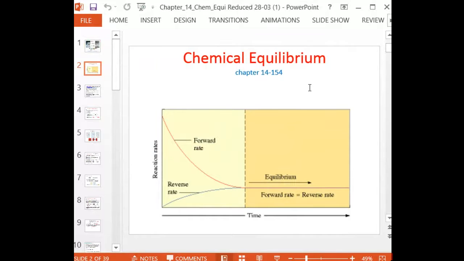So this chapter 14 is on chemical equilibrium. I will start with this: what actually is chemical equilibrium? How do you explain chemical equilibrium? When two chemicals are added for a chemical reaction, from left and right there is a reactant and the product. The reactant starts to react and the product starts to form. So the reactant slowly reduces and the product slowly increases. This is the way a reaction takes place from reactant to product formation.